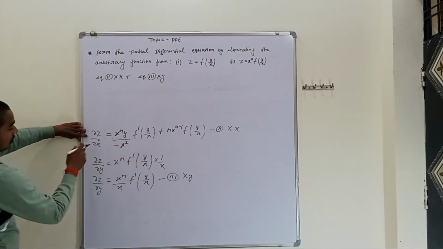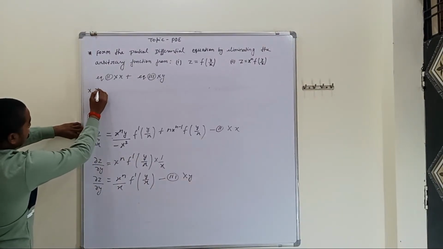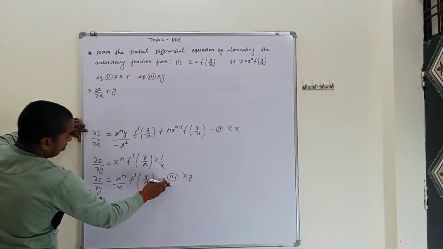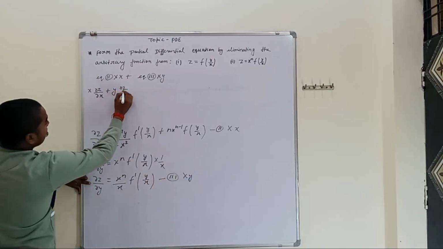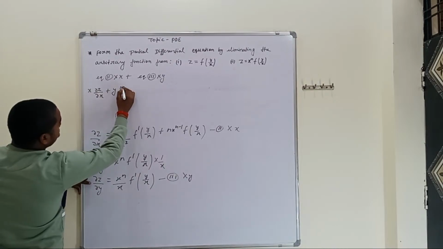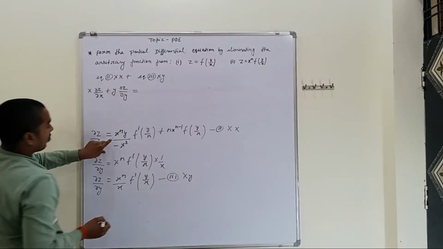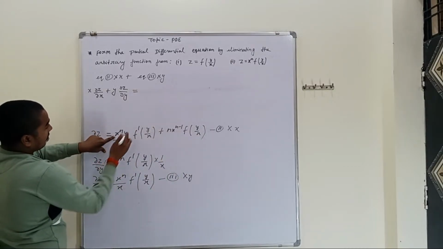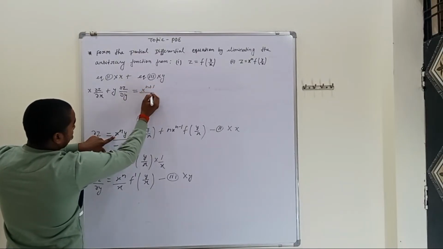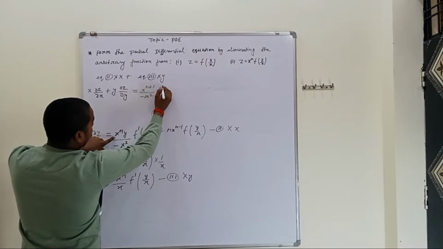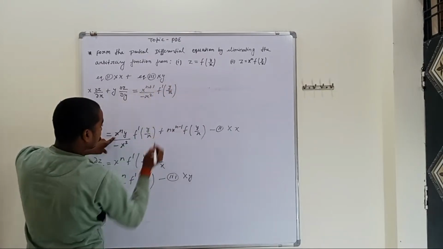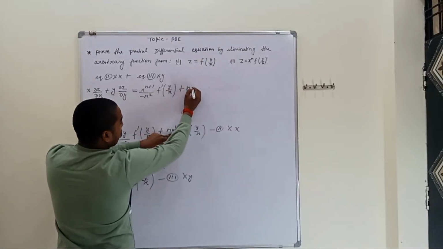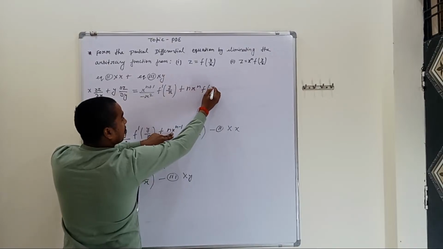to right hand side. That is, equation 2's left hand side is x del z upon del x plus equation third's left hand side y del z upon del y is equal to, from here, multiplying x with this function, x^(n+1) minus x square f dash y by x plus on multiplication of x, the remaining is n x power n f of y by x,